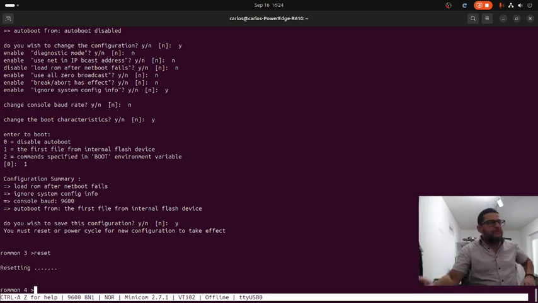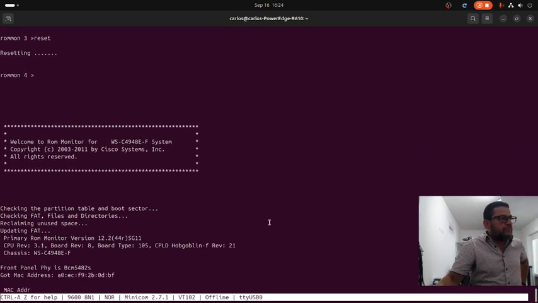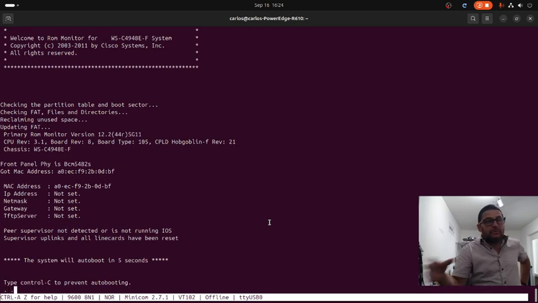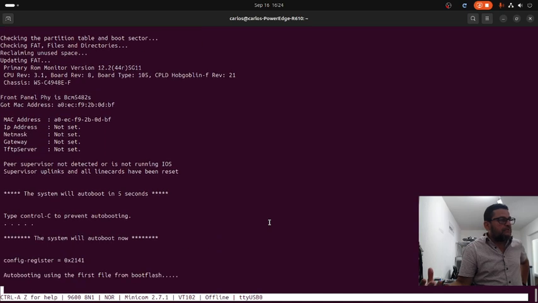This will take about a couple of minutes for the unit to boot. And then we change the behavior of the configuration register. So based on that, it will boot from the first file. Look at that, auto booting using the first file from bootflash. So we don't need to execute the command manually. You can do that if you want to, but since you can change the behavior from ROMMON, you can execute that for sure. So let's wait until the unit completes